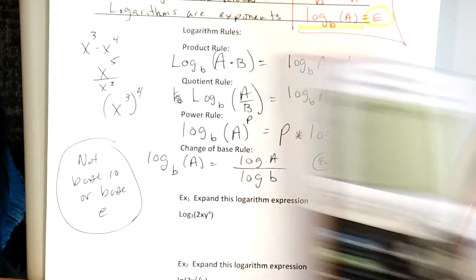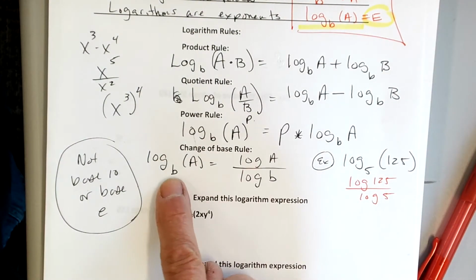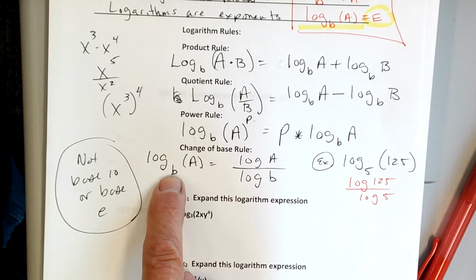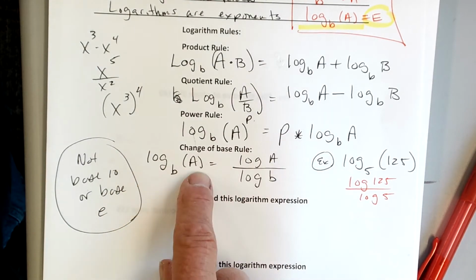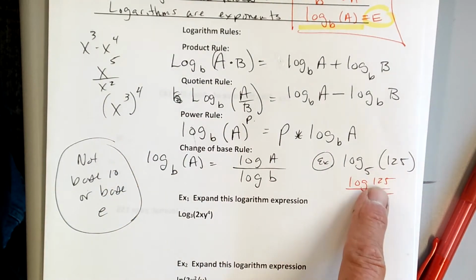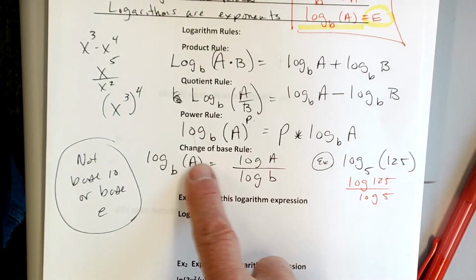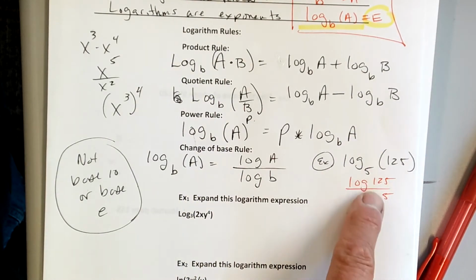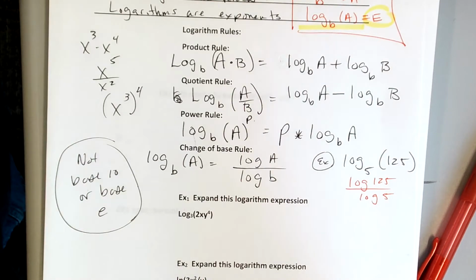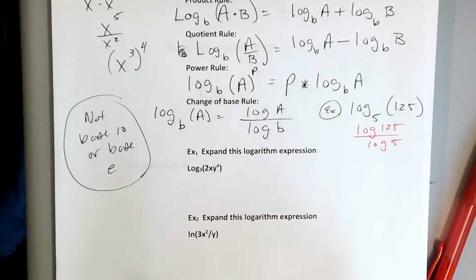So what I'm trying to say is, if you don't have a calculator that will do any base, you can do any base by just taking the log of the answer divided by the log of the base. But when I'm doing this, it's base 10, which your calculator has. All right, now let's keep going. So example 1,